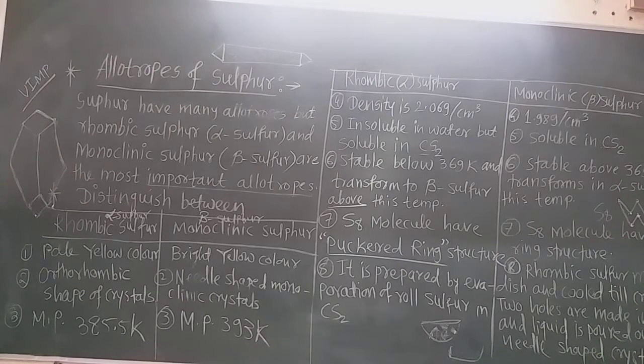Now see, several modifications of sulfur containing 6 to 20 sulfur atoms per ring have been synthesized. We can synthesize several modifications of sulfur. In some molecules there are 20 atoms of sulfur also. Now where is this sulfur found? It is found in the earth crust. In the USA, only about 60 meters below, there is a pit, or we can call it a stock, of sulfur.